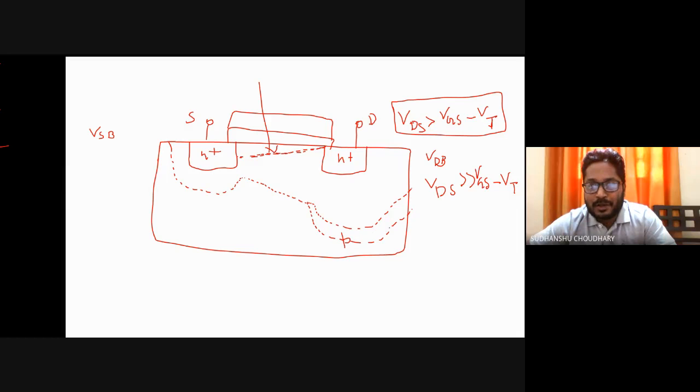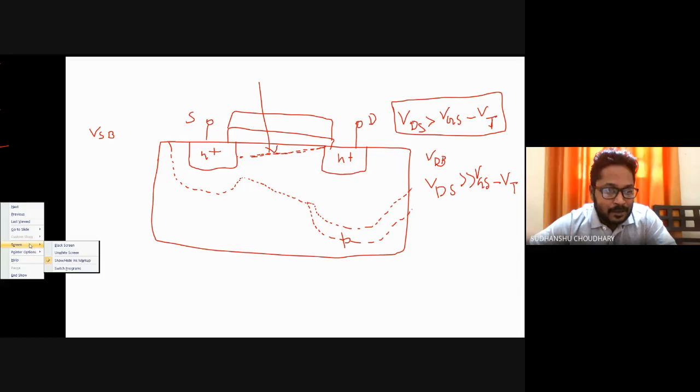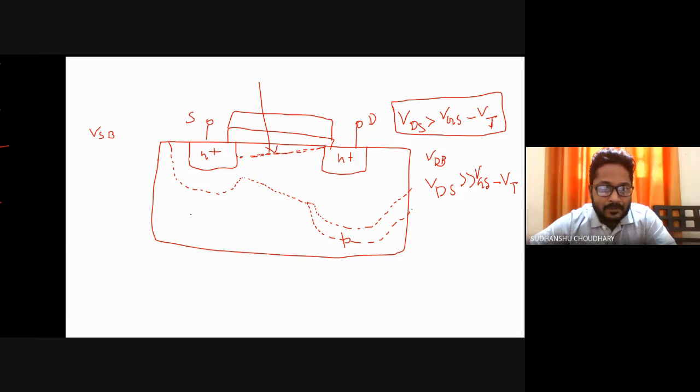So to accommodate this change, that is, the increase in the depletion region under the drain, the channel charges towards the drain side should be removed. Okay. So that means my channel will change further, and now it may look like this. Right, it may end up here. So that means no channel in this region. So this region I have no channel,